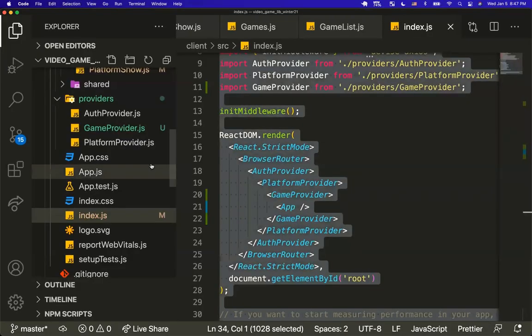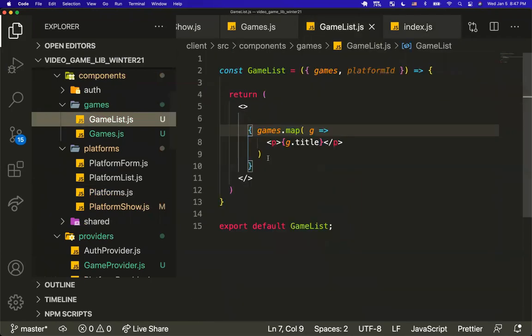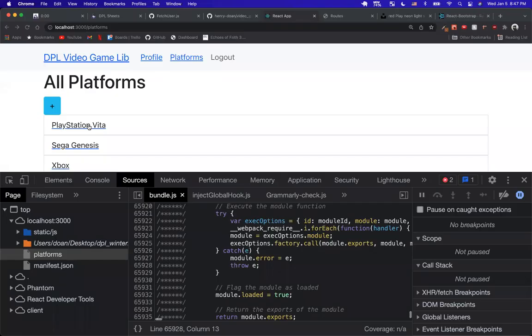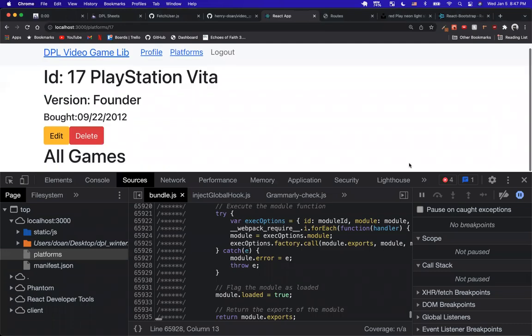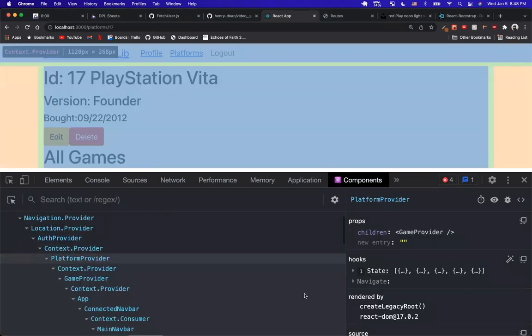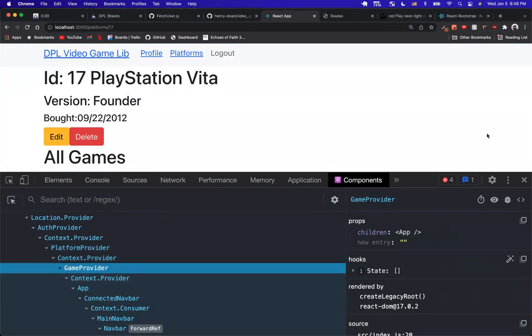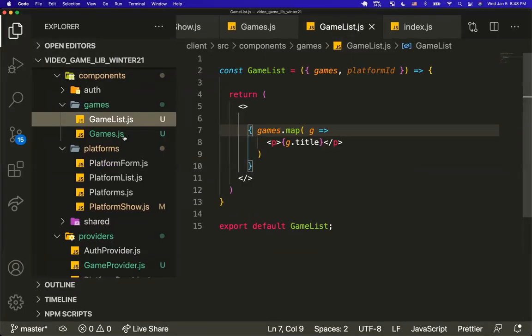Yeah, everything there should be all good. There we go. And then does this have any games yet? So platform has games, but then the game provider is still empty. So I'm wondering what's going on. So then,